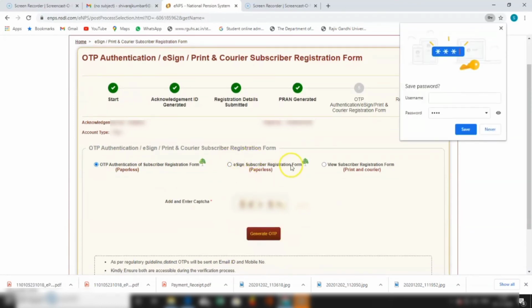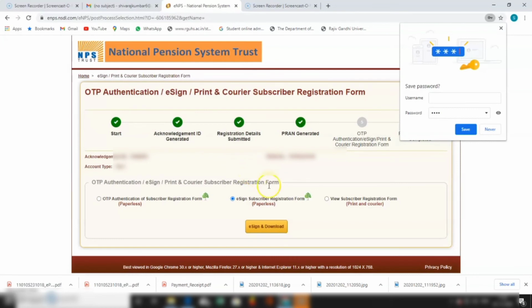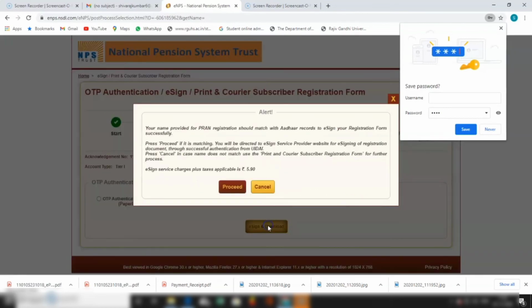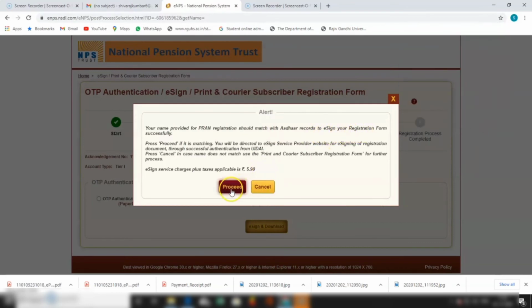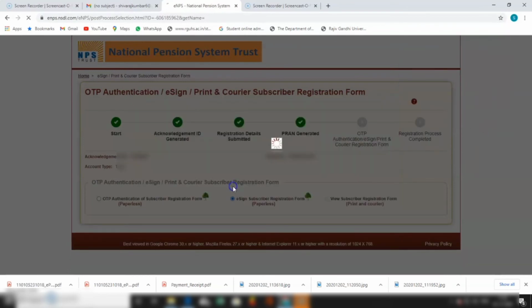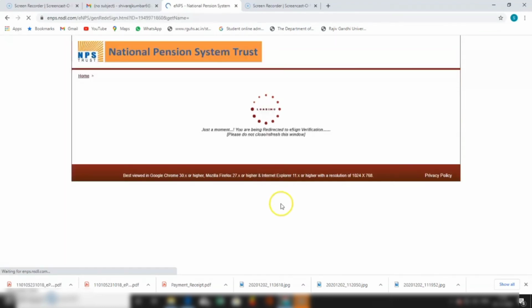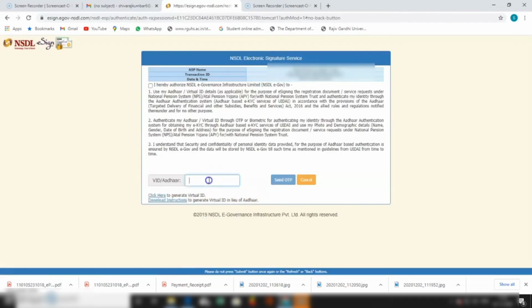Otherwise you can do either OTP authentication or e-signing. Sometimes you will not receive the OTP on your email ID, so I'll go here for the e-signing. I'll click on e-signing, and the PRAN generation details and the Aadhaar details should be the same. They both should match. Then click on proceed. So it will open the NSDL electronic signature service.